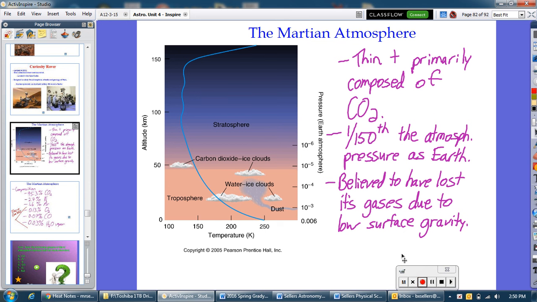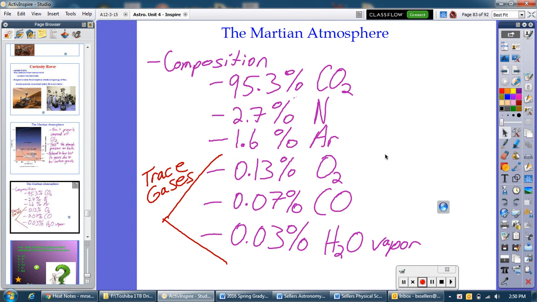Martian atmosphere. It does have an atmosphere. It's very thin. Book says it's 1/150th the atmospheric pressure as Earth, right? So it's very, very thin. It is mostly CO2. Believed to have lost most of its gases due to low surface gravity. If you remember how we talked about that with Earth and how helium is, our planet doesn't have enough gravity to hold on to helium. That's why helium balloons go up. This planet is much smaller than ours and doesn't have the gravity to hold on to some of these smaller, atomic mass-wise,